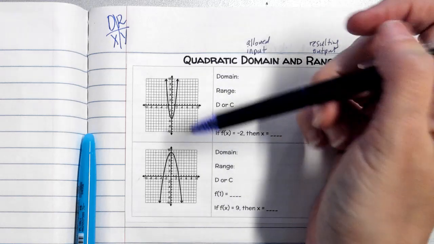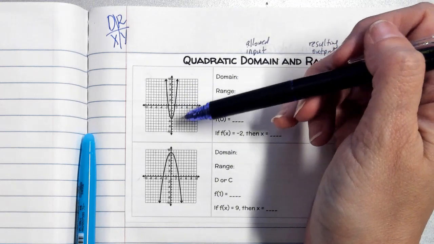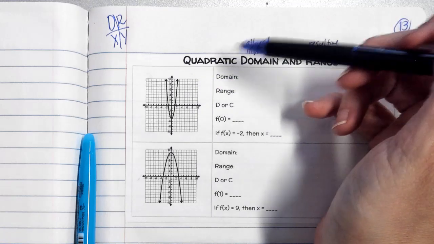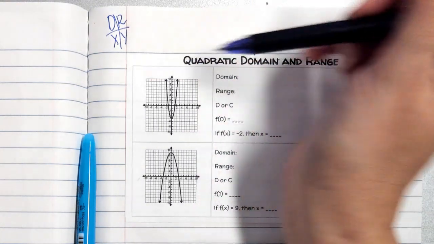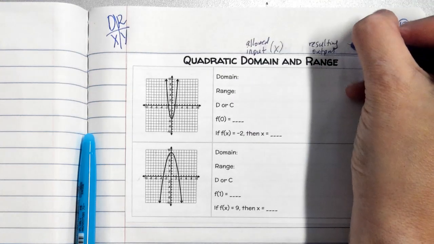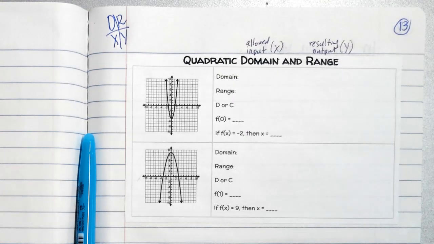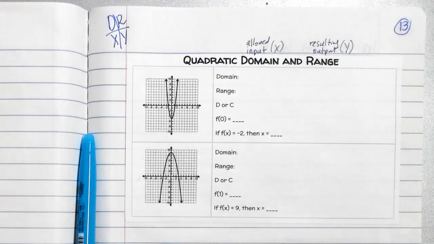But what has changed is what our graph looks like. So that changes what the range is going to look like on a quadratic function. Okay, so again, we're still using Dr. XY. Our domain is our x values, and our range is our y values. Okay, so when we talk about domain and range,